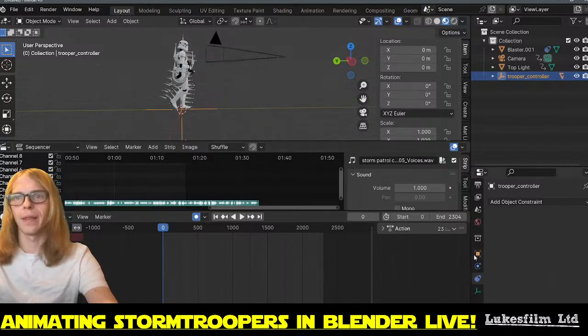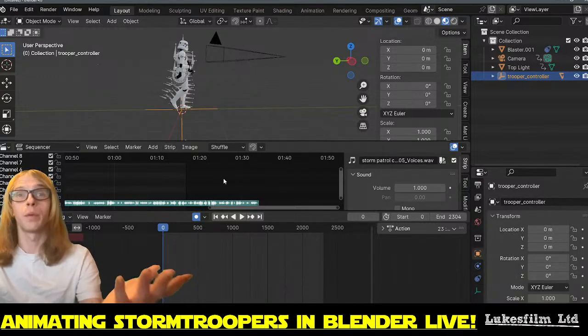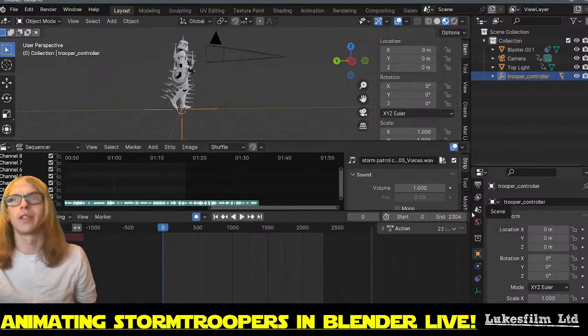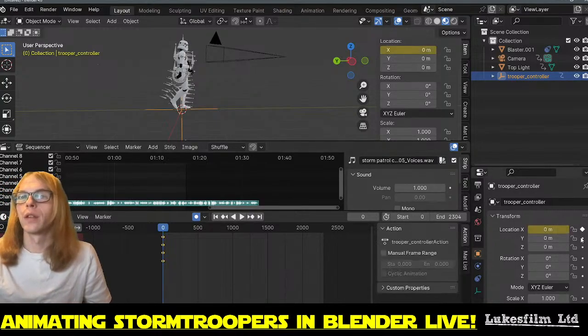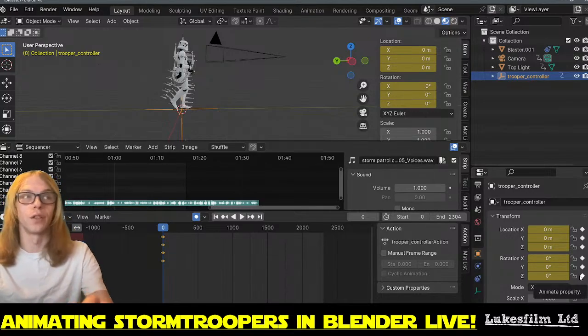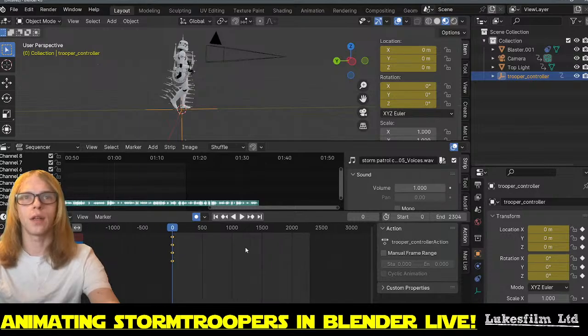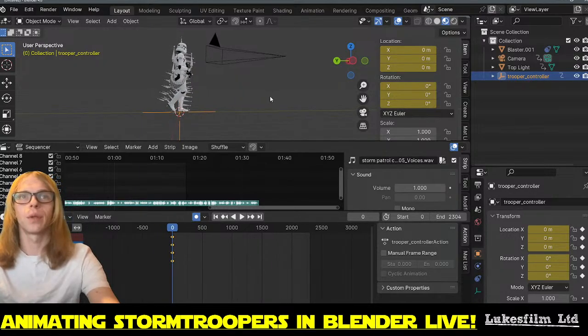And see that there? That means that we have automatic keyframing turned on. And we haven't moved anything yet, it's the first frame, so we've got to set that keyframe. So I'm going to set the location quickly, and you can see it there. And you know what, just in case, let's set the rotation as well. Brilliant. So now that we've got that set up, we're going to